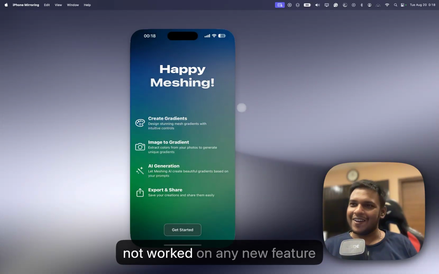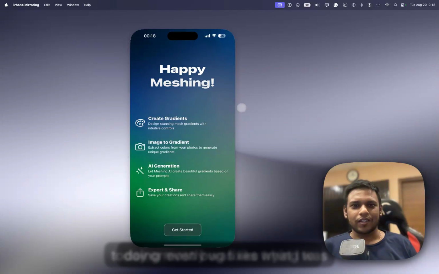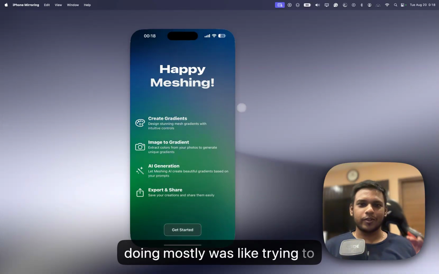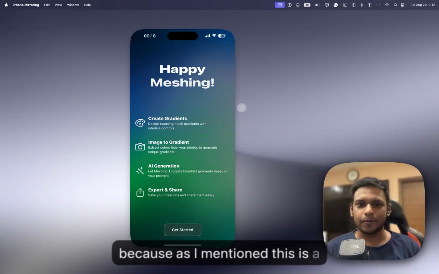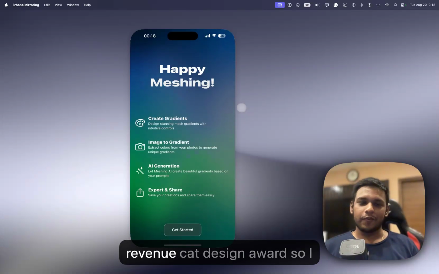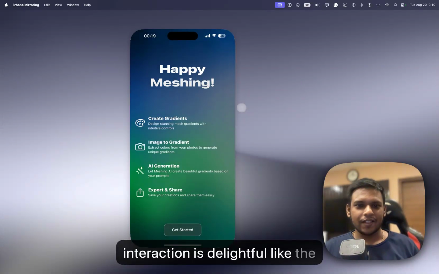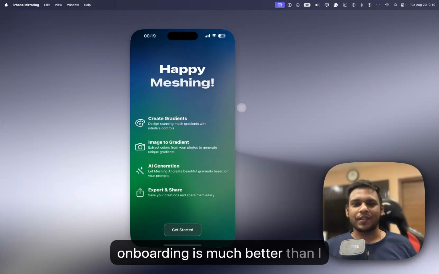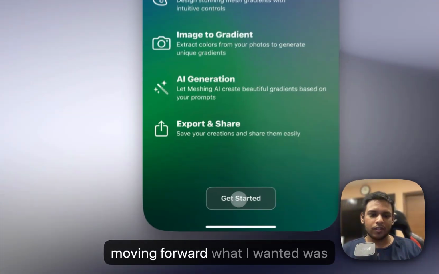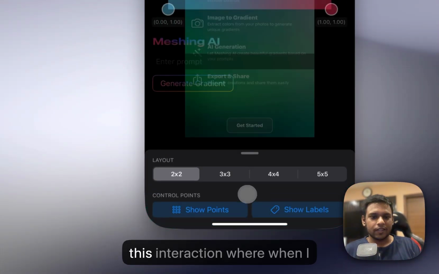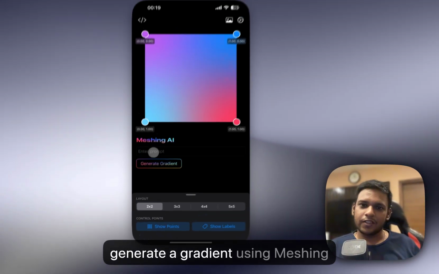And with that, I have not worked on any new feature today or even bug fixes. What I was doing mostly was trying to refine every interaction that I have, because as I mentioned, this is a project I want to submit for the RevenueCat Design Award. So I have to make sure that each interaction is delightful. Like the onboarding is much better than I expected. It is delightful, and moving forward, what I wanted was this interaction where when I generate a gradient using mesh AI,